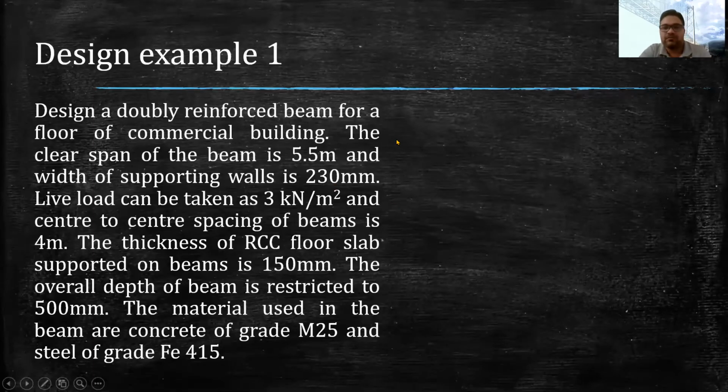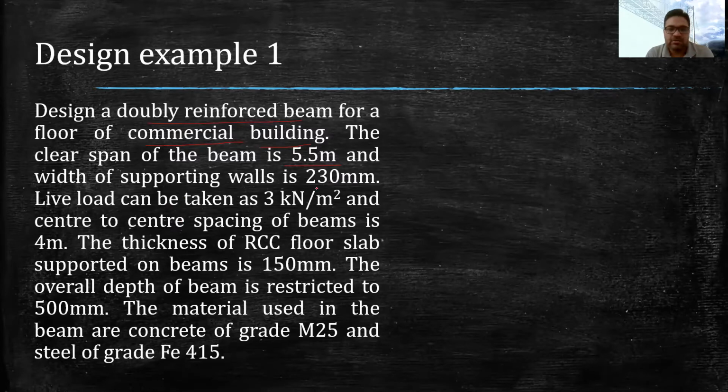Hello, welcome back. So in this part, we will solve the design example. Basically, we are designing the doubly reinforced beam. So this is the problem that we are going to solve. In this, it says we have to design a doubly reinforced beam for a floor of a commercial building. And the clear span of the beam is 5.5 meter